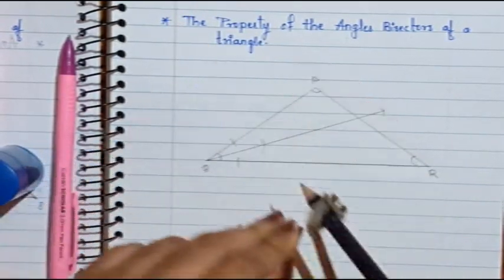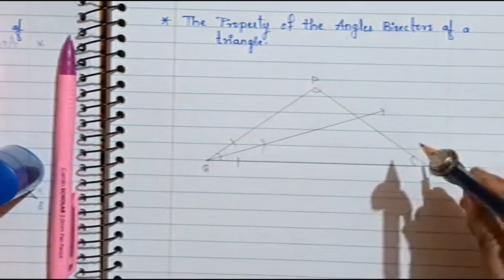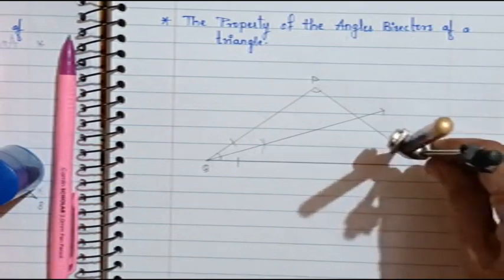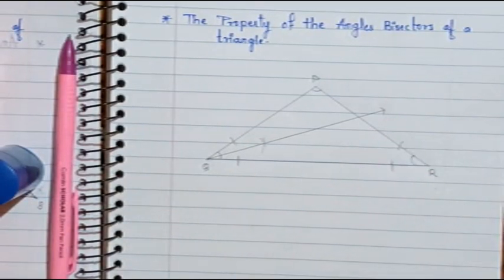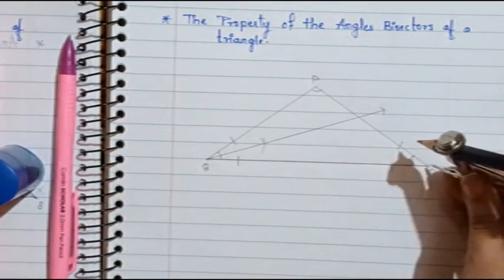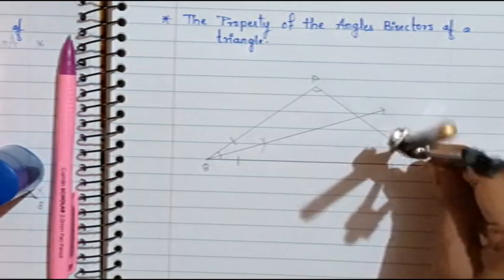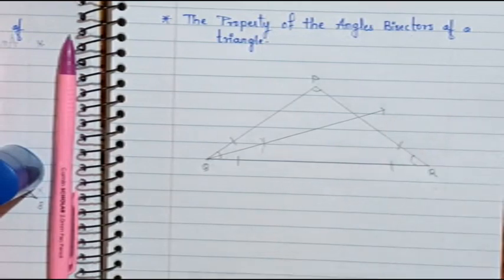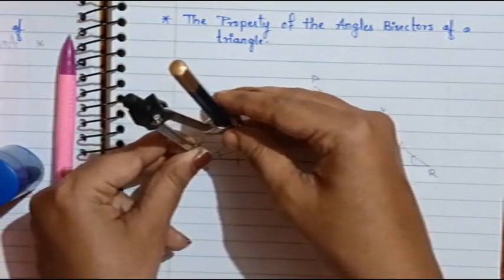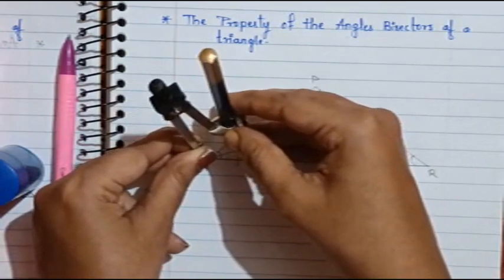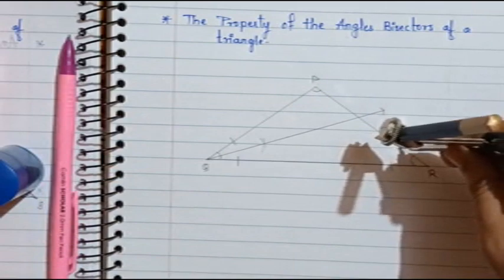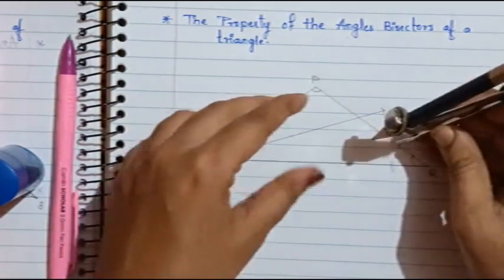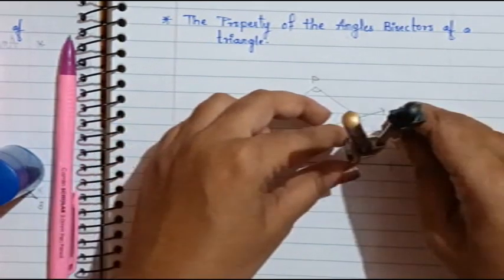Okay, now we'll make the arcs and bisect. Okay, ये एंगल को मैंने बाइसेक्ट किया सेम डिस्टेंस रख के. Okay, I have checked the distance and again we will cross check the distance. Okay, now we will draw the intersecting arcs.